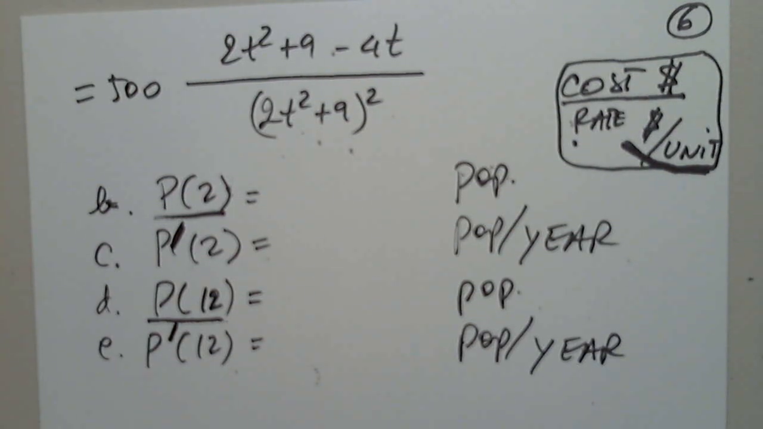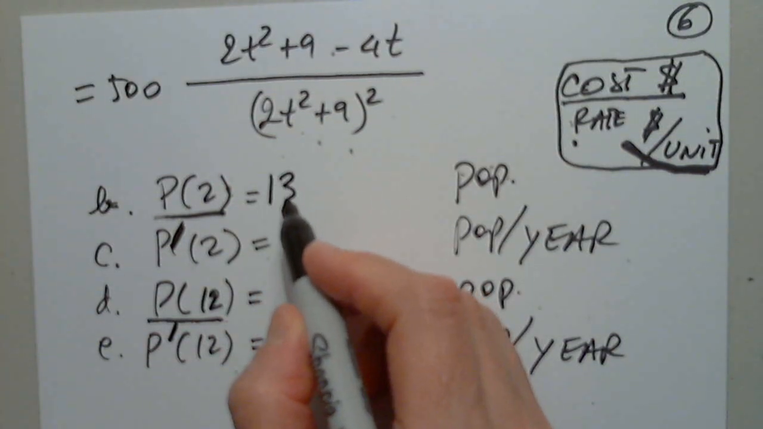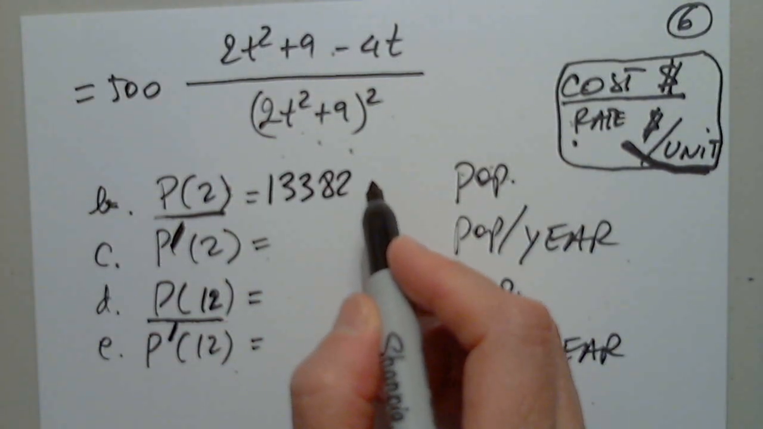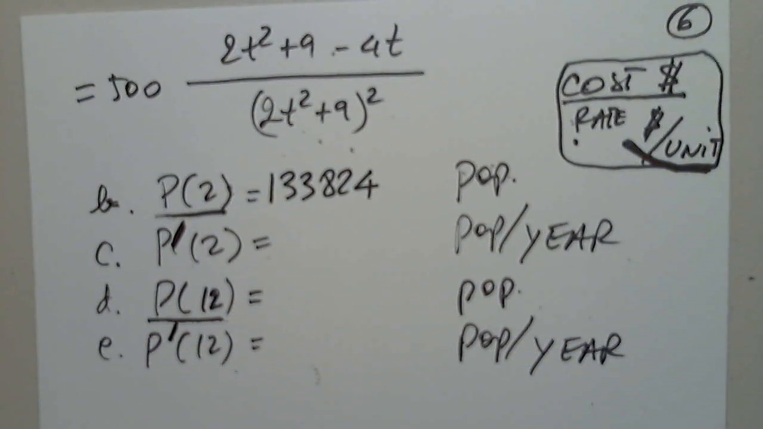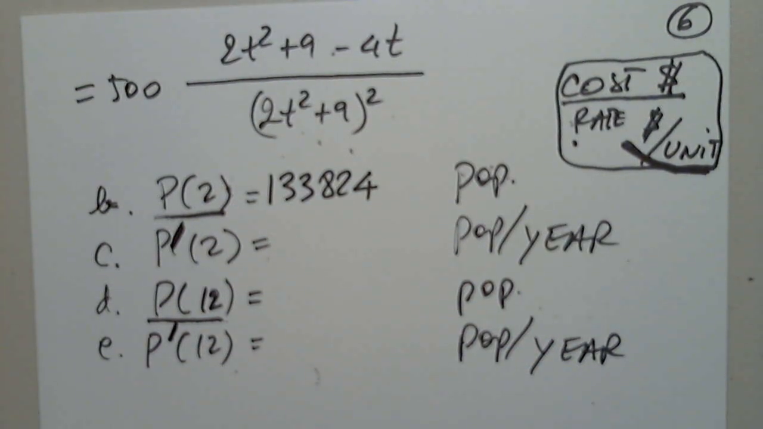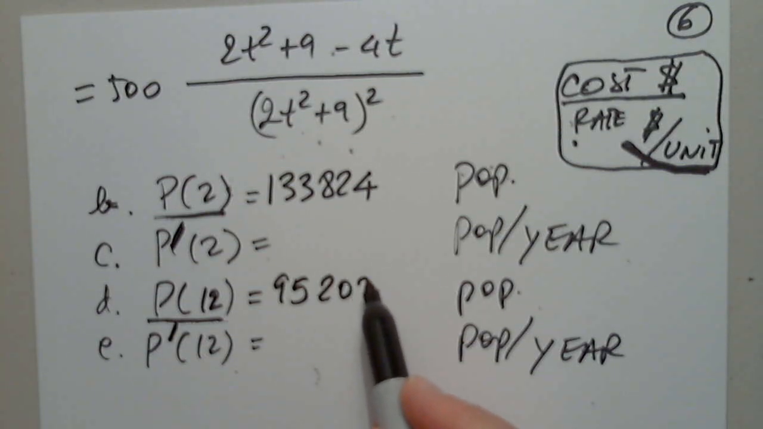So P of 2 is 133,823, but it's in thousands, so I'm going to write 133,824. Then P of 12 is 95,202. That, let me check my functions,